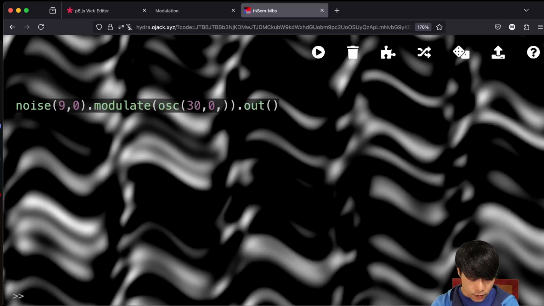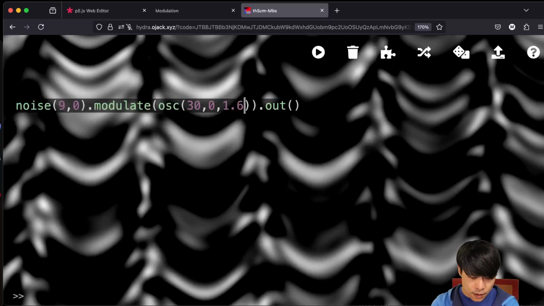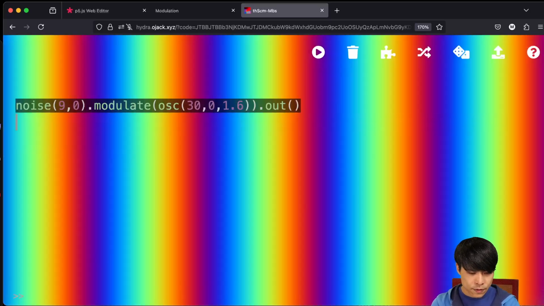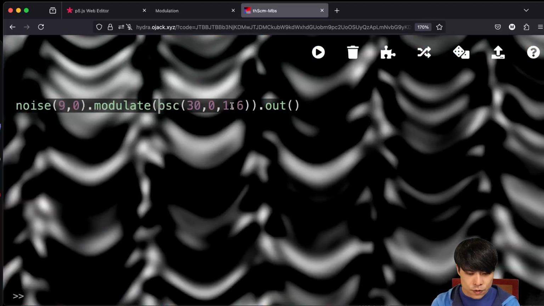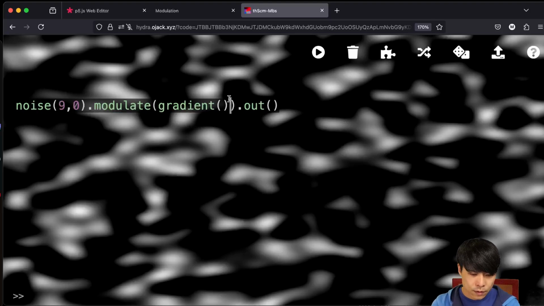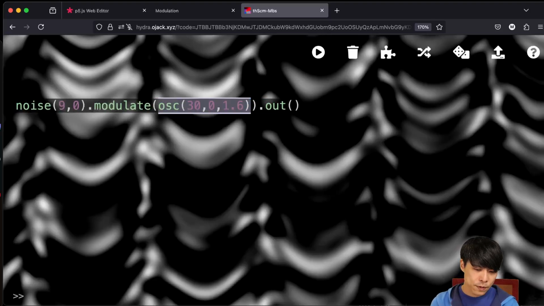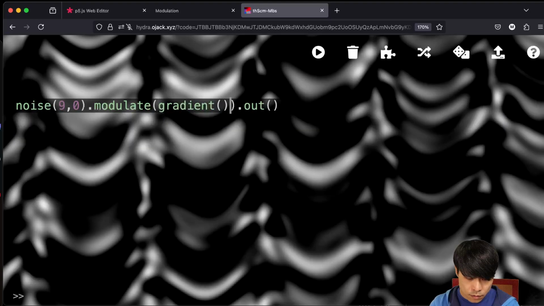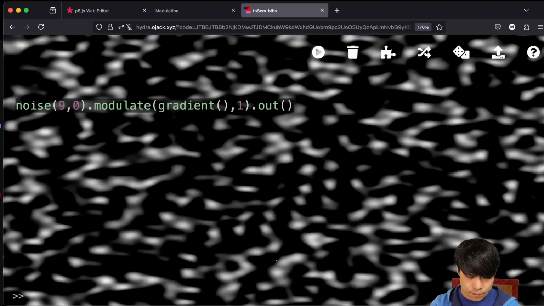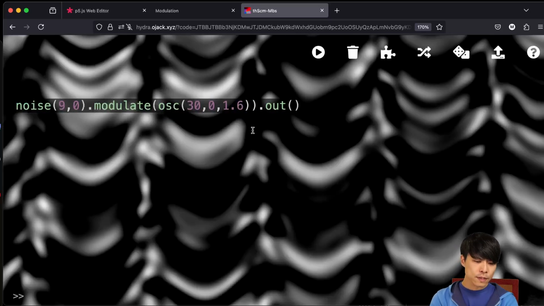And what I can do here is 1.6, which is more like a colorful version of OSC. That itself is like this. And if you do something like this, or if you just do gradient, well, it's not really obvious. Maybe I can do something like this. Yeah, not really. Anyways, so if you do this, what's actually happening under the hood is now